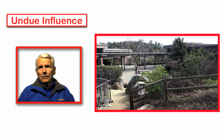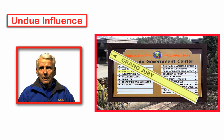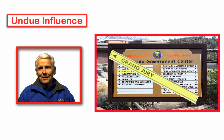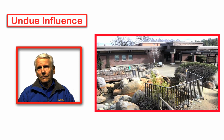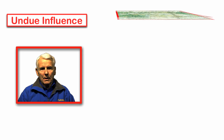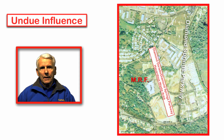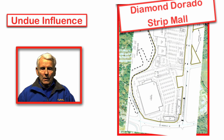My understanding is that the grand jury looked into this several years ago, published a report recommending that the hazards be addressed, and they've been pushed aside. Those responsible have looked the other way. The plan is for a Diamond Springs bypass road to be put through, and then retail commercial development, so big bucks are involved. And my experience in the past is that